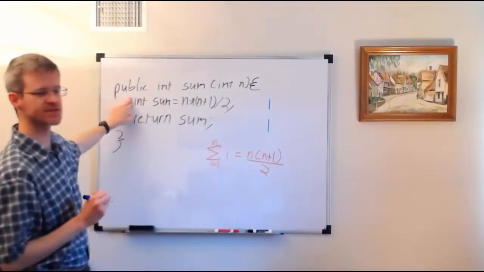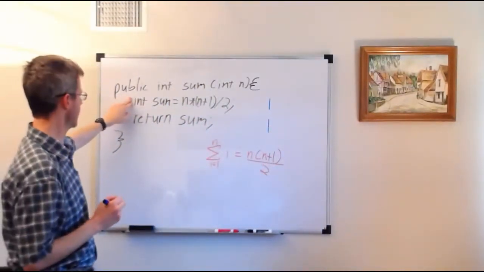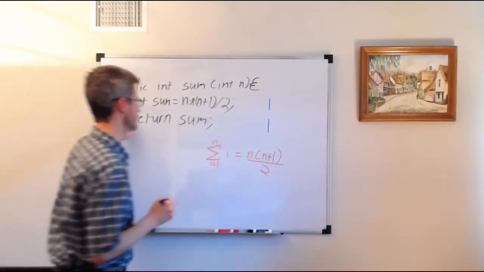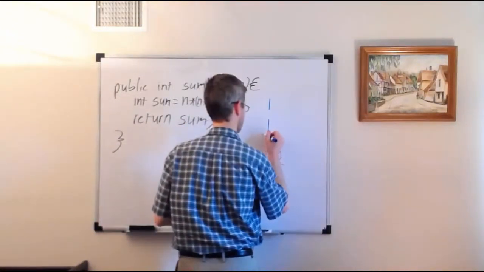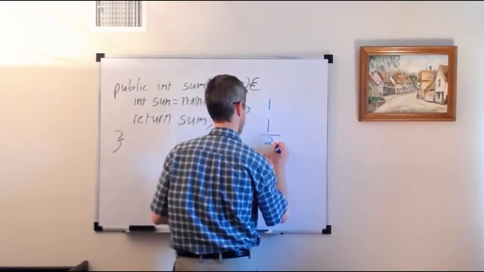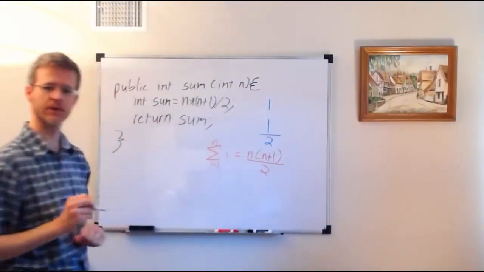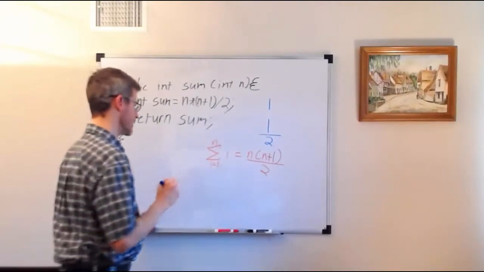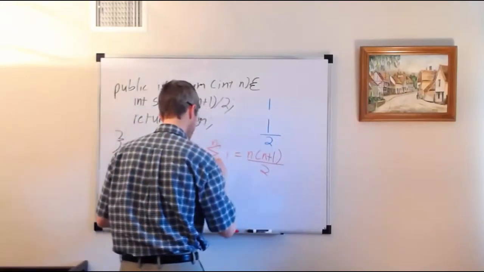Now, how many times does this line execute? Only once, and this line executes only once. Therefore, the total runtime cost of this function we can express like this. And it turns out that if you have